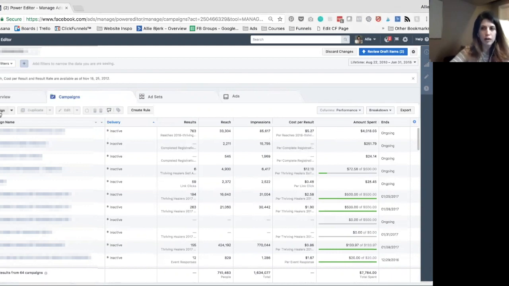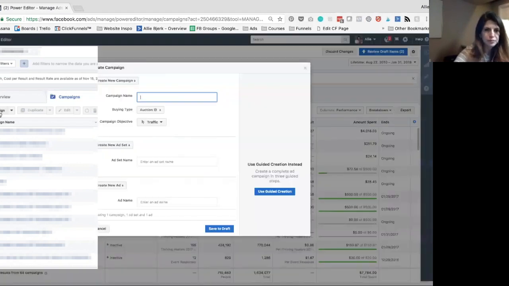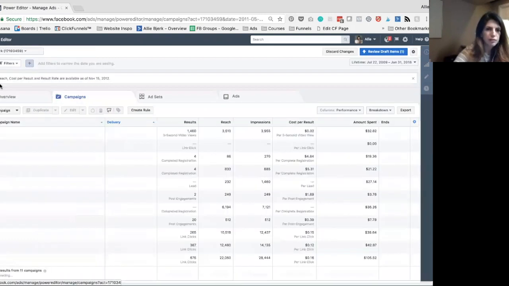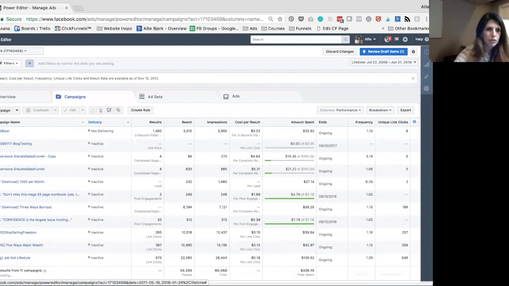So you have your Power Editor open. It's really not that hard to use as some people make it seem. Some people are like, ooh, Power Editor, it's really intimidating, it's really scary. But in my opinion, it's just a lot easier to edit multiple ads at the same time, but you don't have to if you're not comfortable doing that. So we're in the Power Editor, we're gonna hit Create Campaign, and we are going to, not gonna use hers, actually. We're going to go to create new campaign,